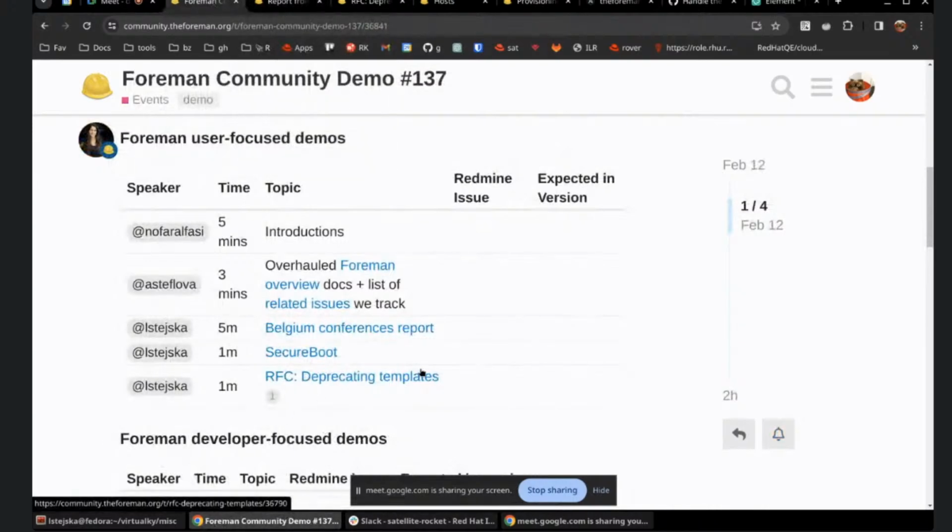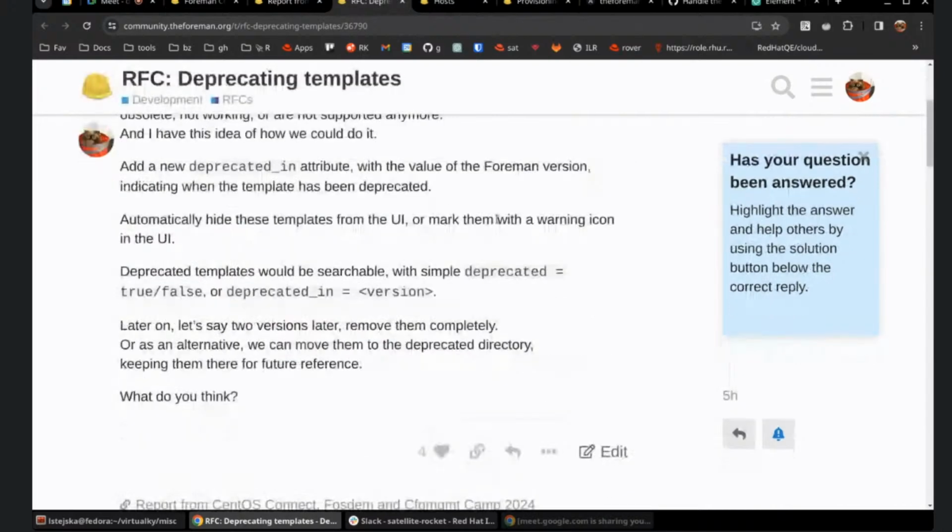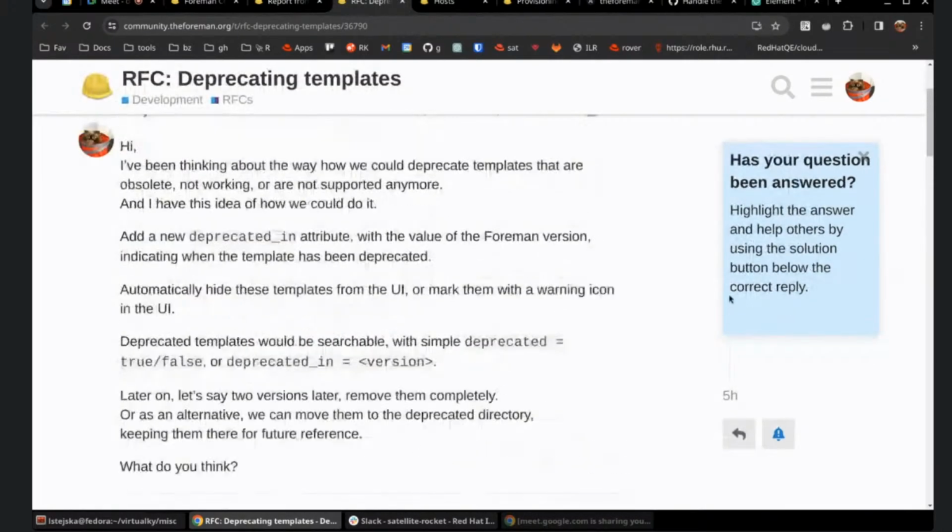And next thing, yes, RFC for deprecating templates. This is something that I've been discussing with the users at Config Management Camp as well. Basically, what I would like to do is start deprecating templates that are really outdated or not used anymore in the Foreman. The idea is that we would not just delete the templates, and you won't be able to